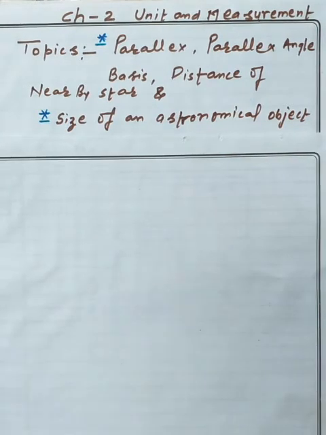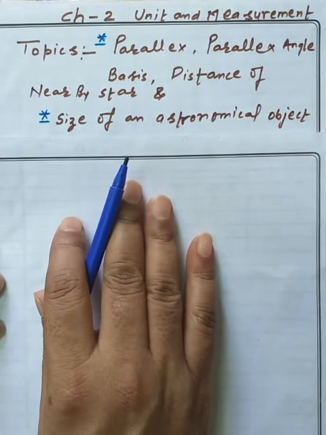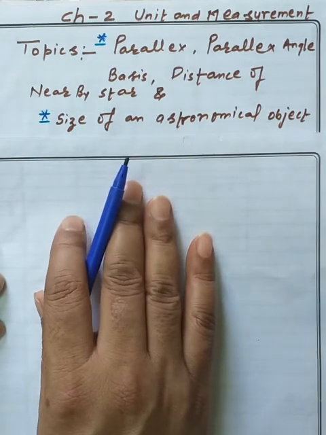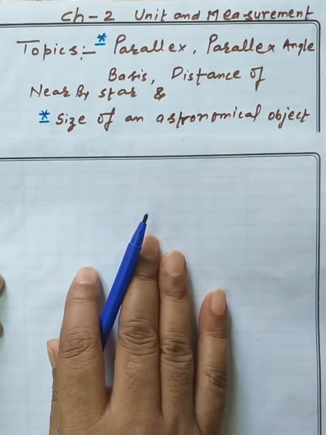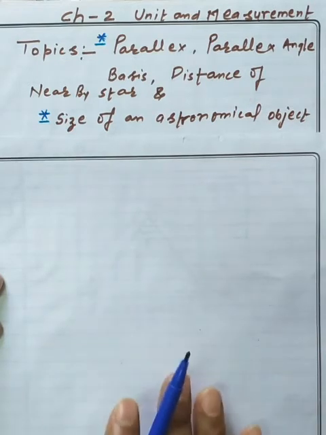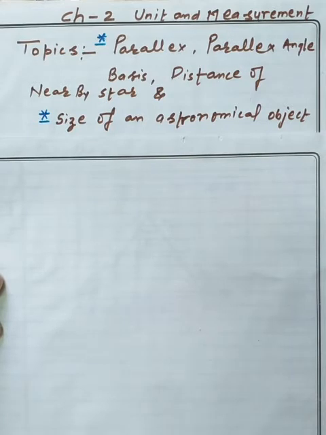It is simply a phenomenon: whenever you are sitting inside a room and watching a pen or a pencil or any kind of point with respect to the background, from the left side and the right side of your eye, you easily get a little bit of shift in position with respect to the background. This phenomenon is called parallax, and the distance between the two observation points, the left and right eye, is called the basis. I am now showing the diagram in front of you.